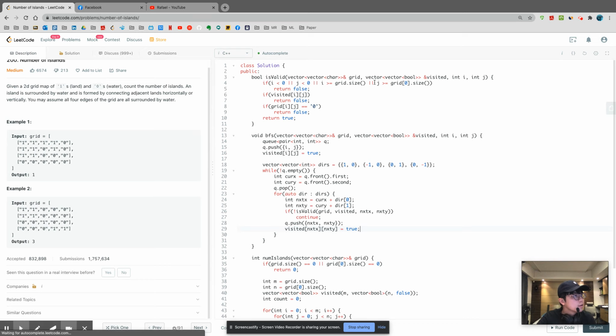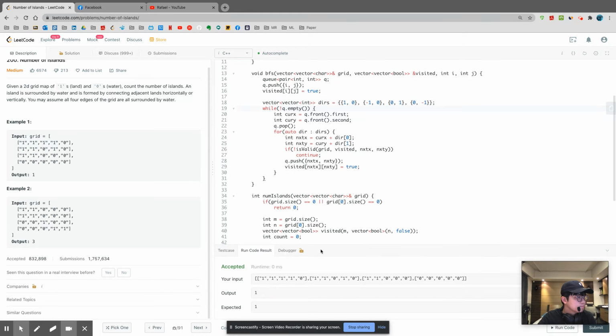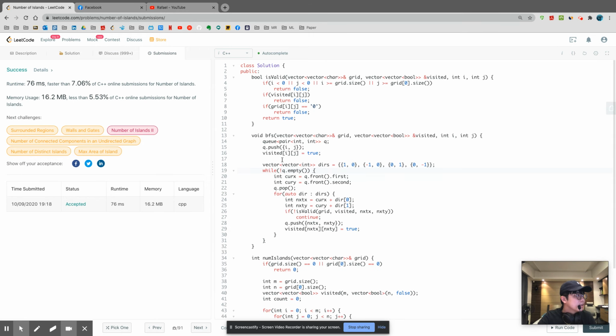Okay. So I finished this problem, even though the time complexity seems not to be so great. I think the best solution to solve this problem is still union find. So if you know what union find is, then you can try it with it. And if you want to practice breadth first search, I think this is also a problem that you can